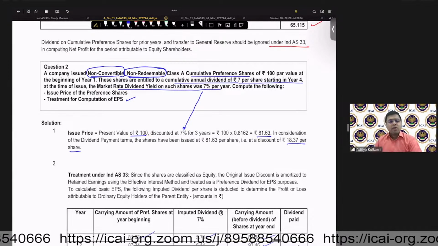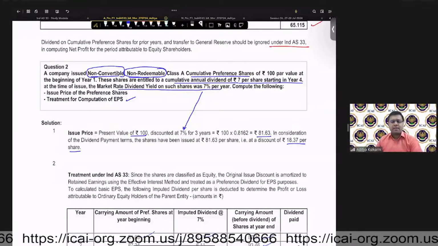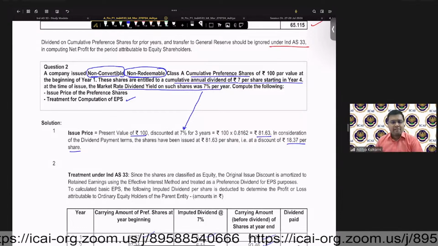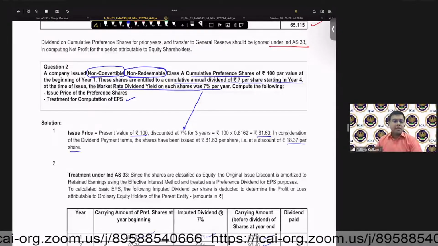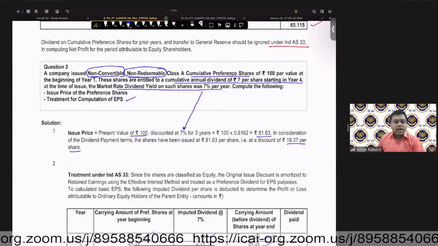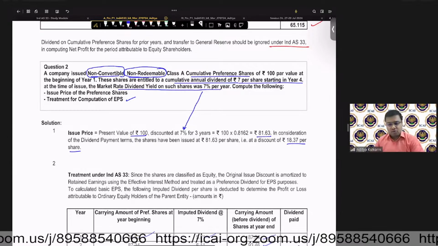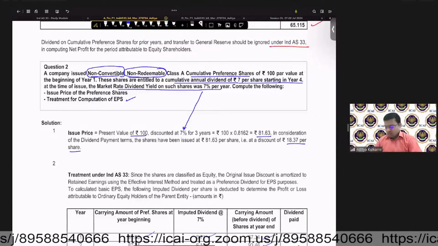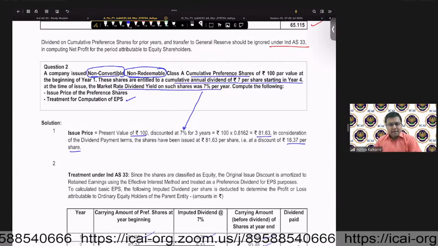If you are not going to get money at the end of the period, what is the nature of this instrument? Is it a financial liability? Do you have an obligation to deliver cash? Answer is no. Since you do not have an obligation to deliver cash, this is going to be more in the nature of equity. In spite of this conflict, we have this particular treatment that is there. It is purely academic in nature.